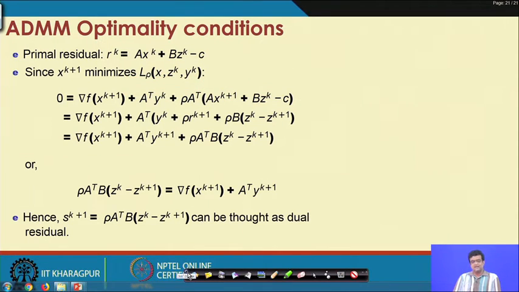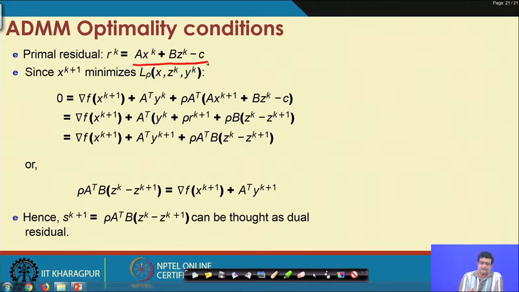So, what do we mean by that? Basically, in order to monitor the satisfaction of these conditions, we now define two residuals. The first one is the primal residual, which is trying to monitor the satisfaction of the primal feasibility condition, which is that the derivative with respect to the dual variable should be 0.